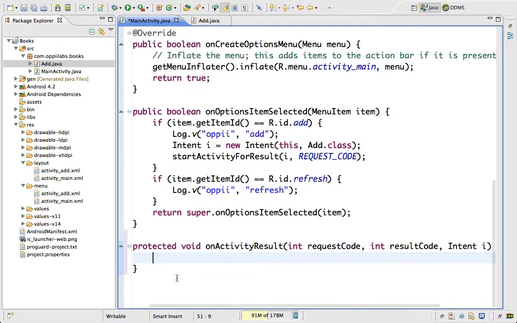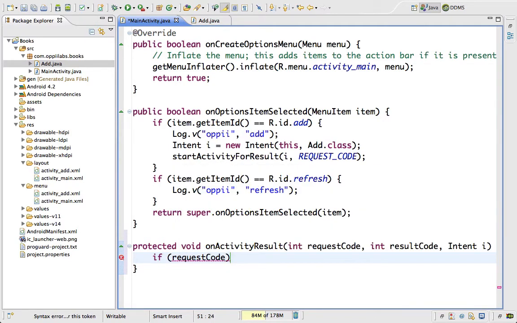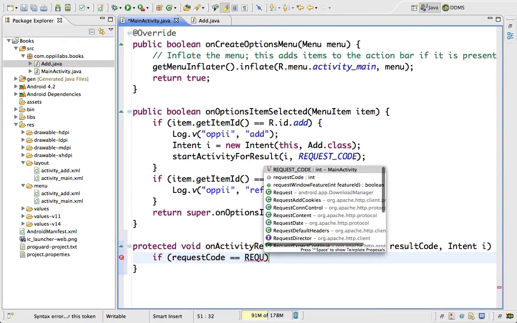So now we're going to capture the data and add it to the array list. So we need to check to make sure we've got the right intent. If the request code is equal to our constant,